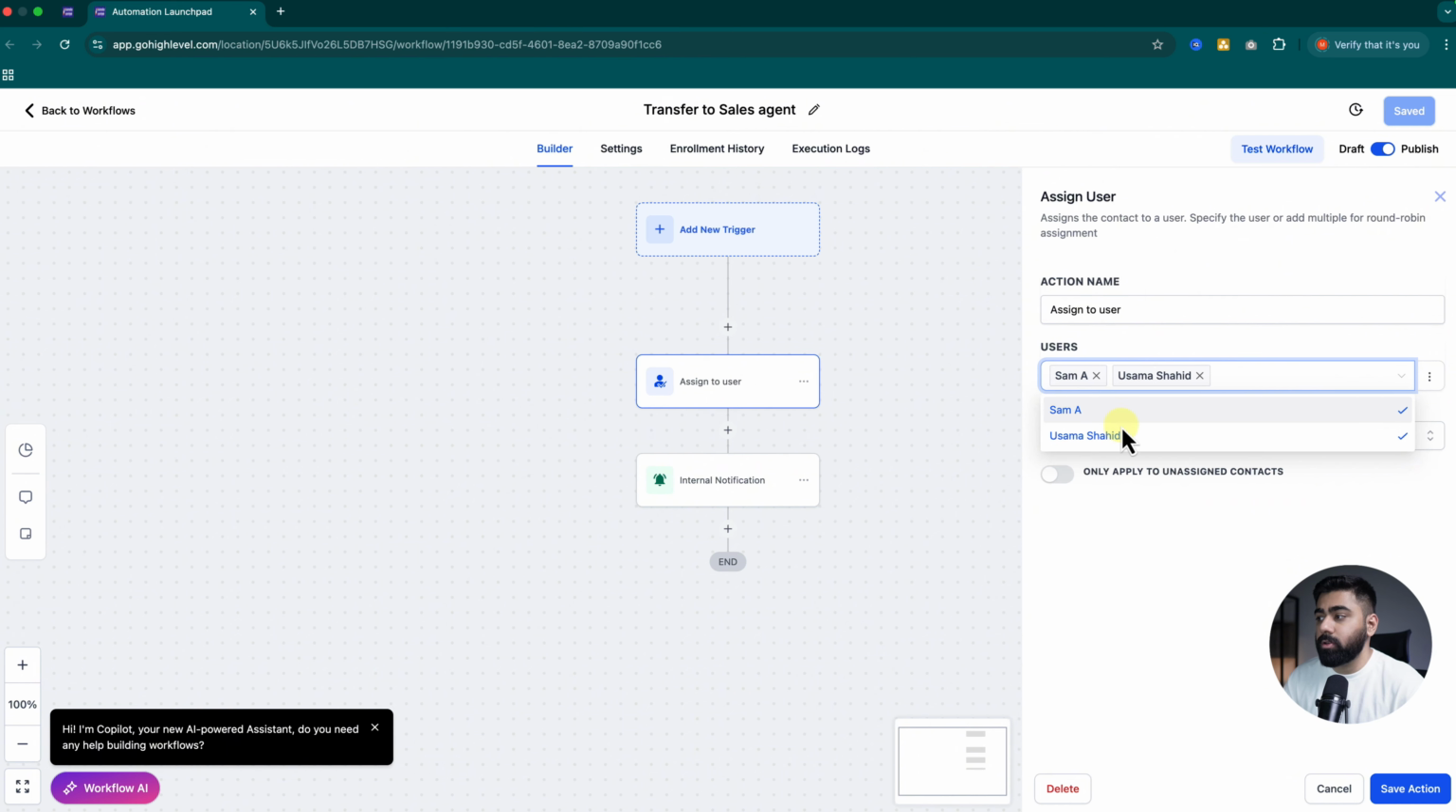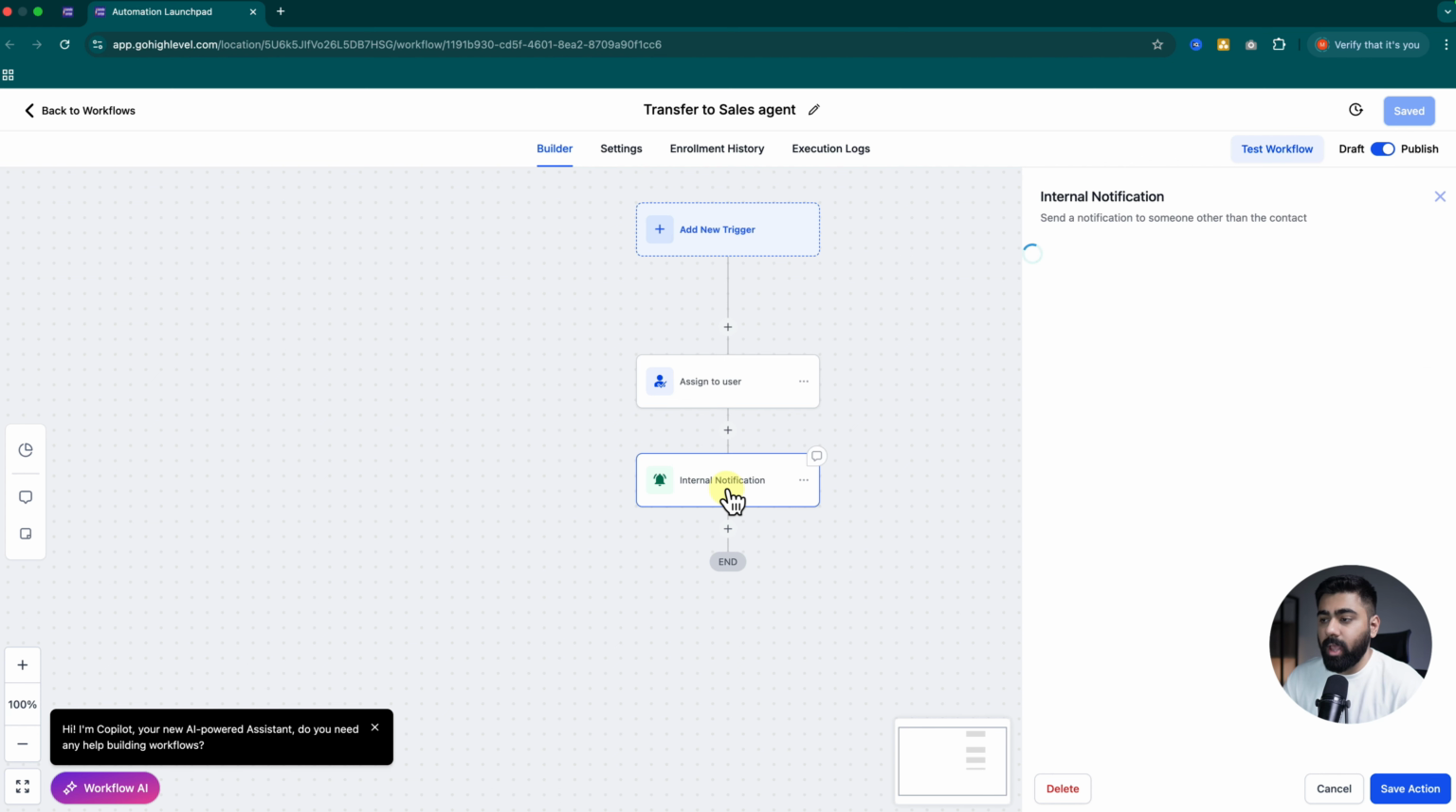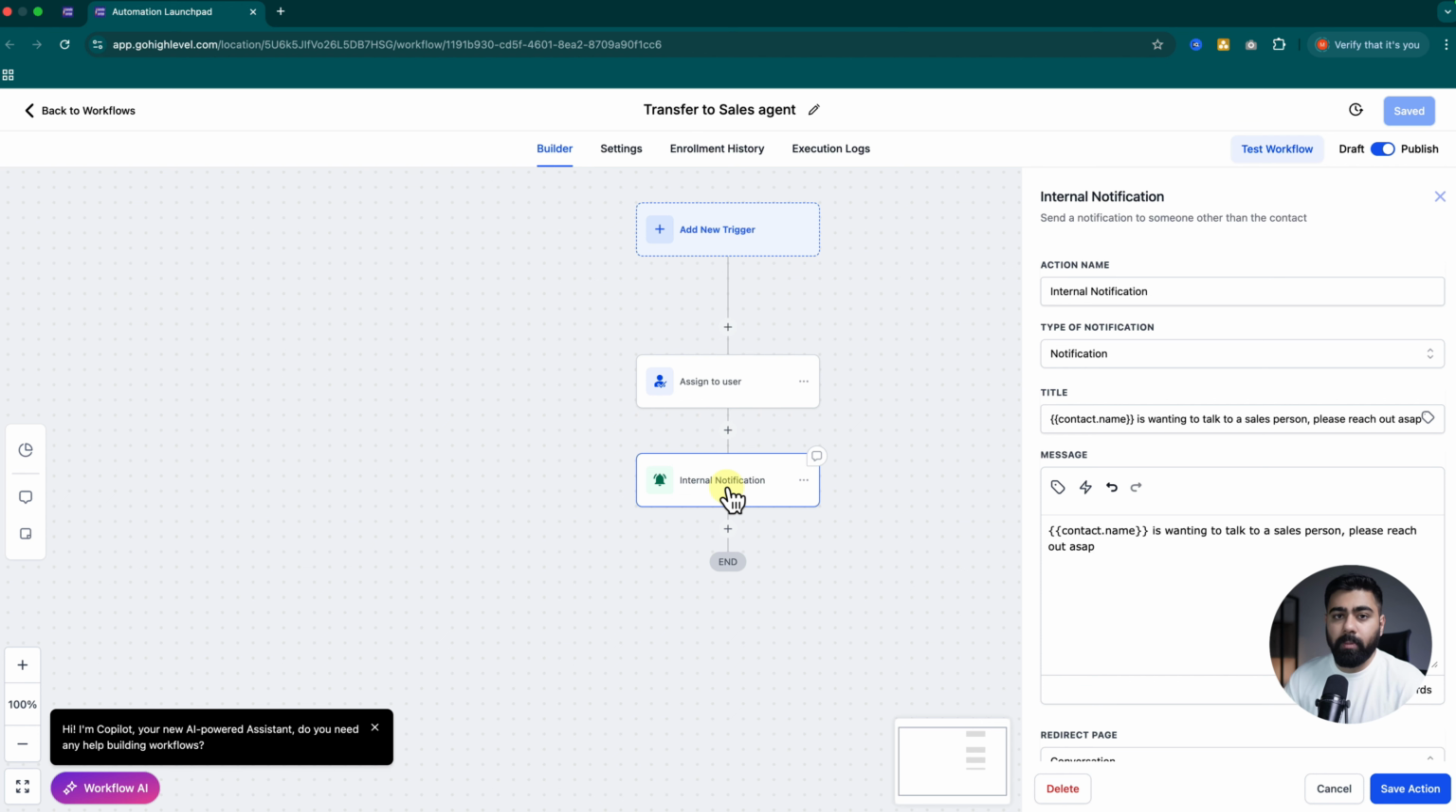You can also map it to multiple users if you want. And you can also enable the option of only apply to unassigned contact. So this is also another option which you can choose. Once you're happy with this, this is optional, but I do like to add an internal notification, because if a